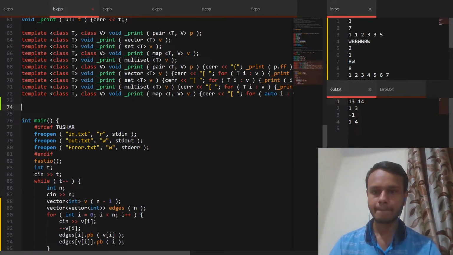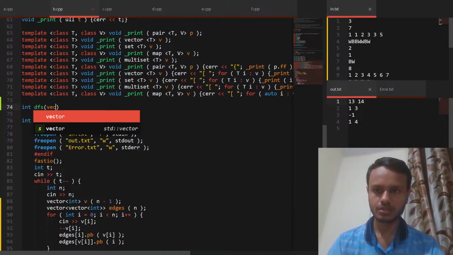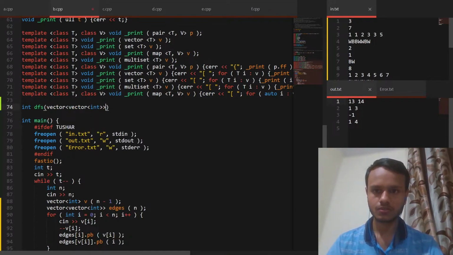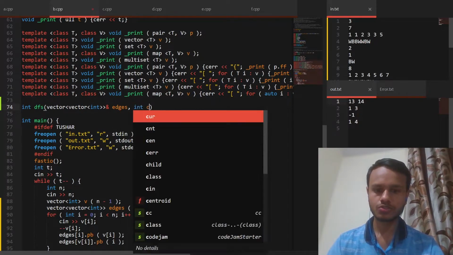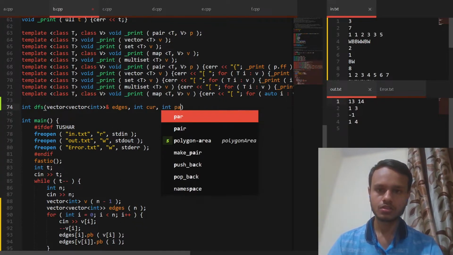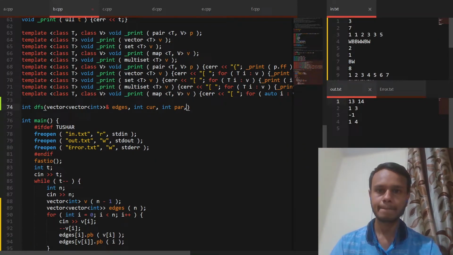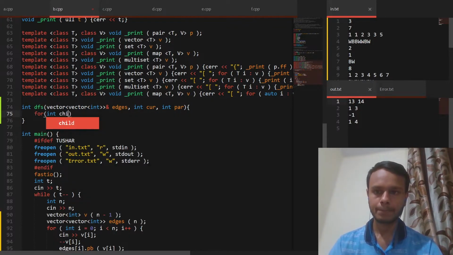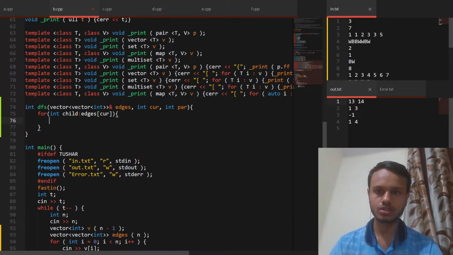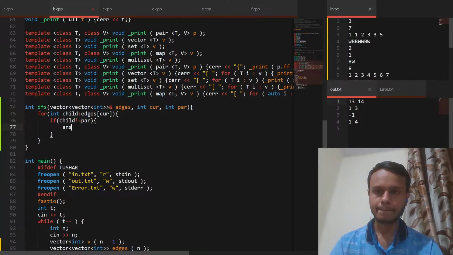So this is our DFS function, which will calculate the sum for all subtrees, and for each child in adjacent of the present, if the child is not present, then answer plus equal, and also one more time as candies